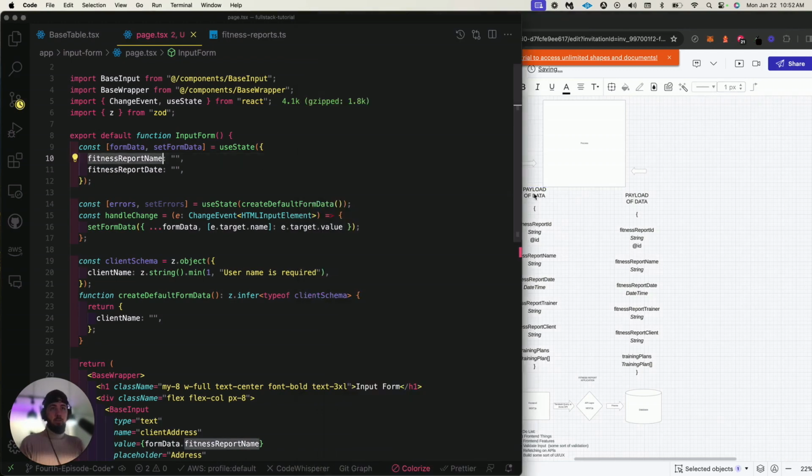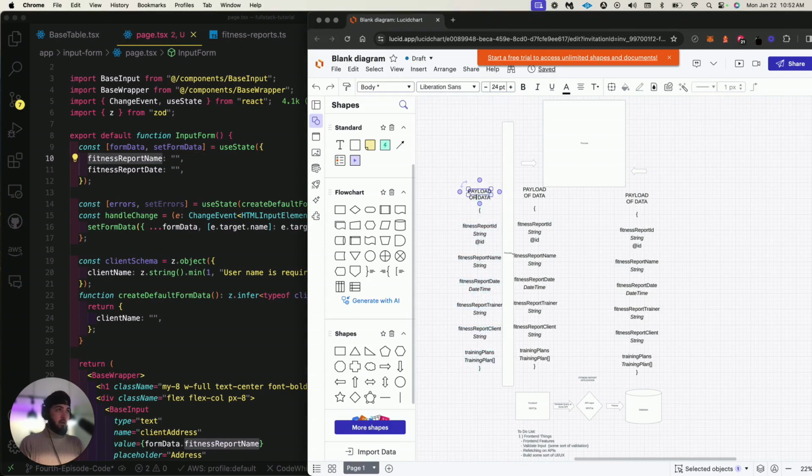For our fitness report name and our form data, we're building these things out. With Zod I can immediately say I want this fitness report name to be validated as a string. That way, when we send the data as a payload, it's already validated. But the important part to understand, because you might ask why we're doing that,